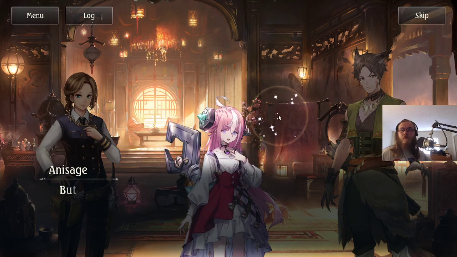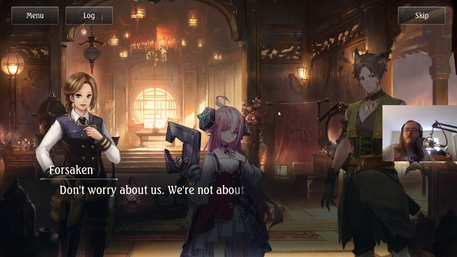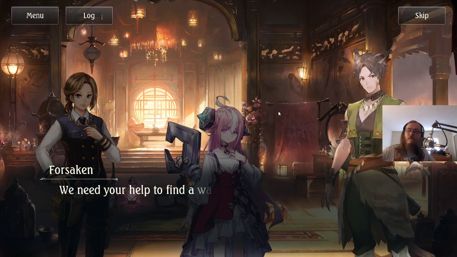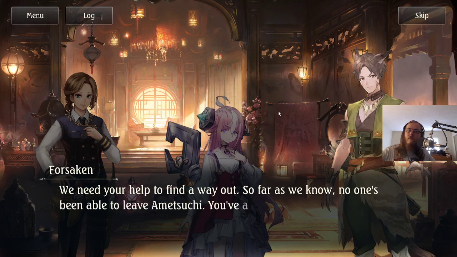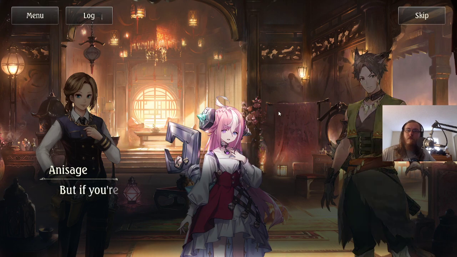What? But what'll happen to you? Don't worry about us. We're not about to roll over and let them get us. We need your help to find a way out. So far as we know, no one's been able to leave Anisage. You have a real chance of changing that. Your success is our hope. We'll do whatever it takes to help you. But if you're caught...